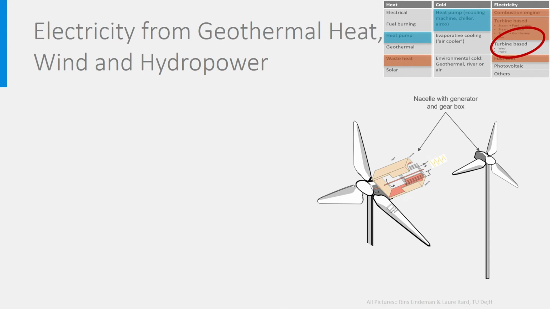Let's look now at other ways of using turbines to produce electricity. It is again about generators rotated by turbines, but this time turbines without any combustion parts, using only renewable energy sources. As the energy source is fully renewable, the efficiency can be considered to be infinite and the primary energy and related CO2 emissions are zero.